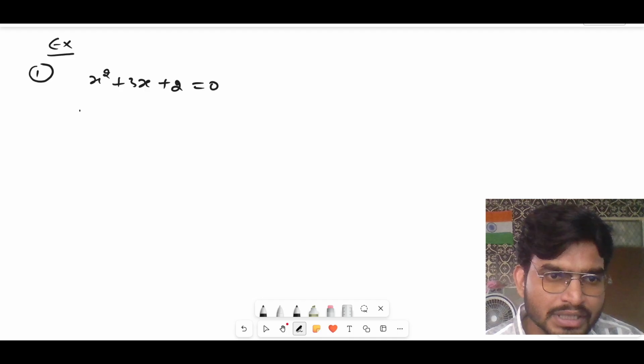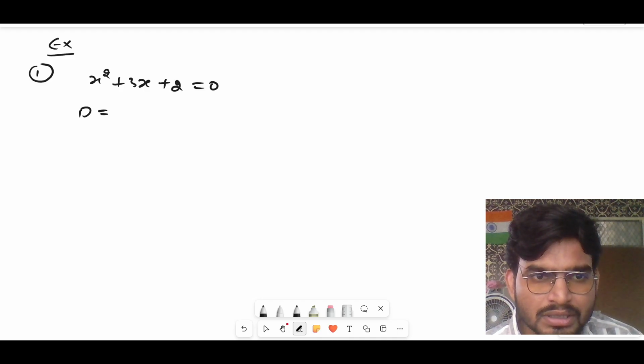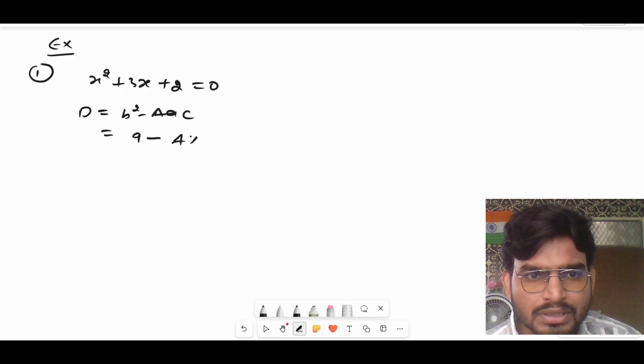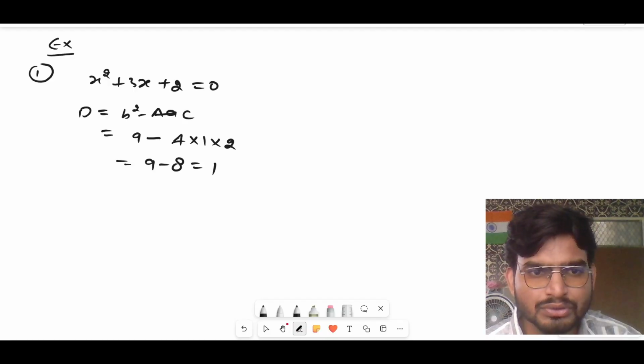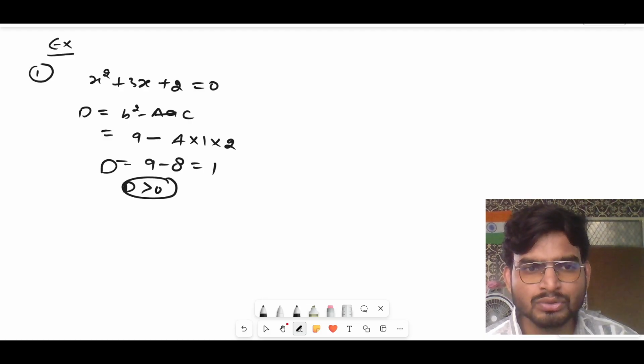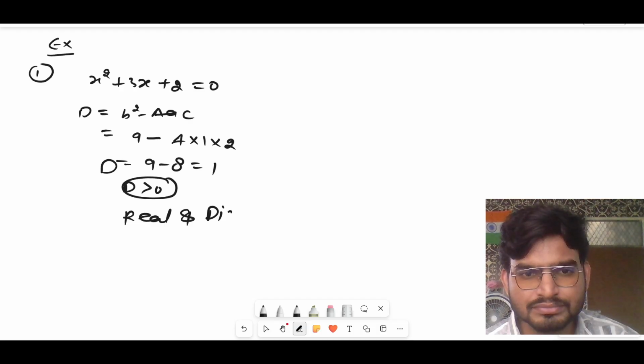Then we have to find D. D will be b square minus 4ac, that is 3 square, so 9 minus 4 into 1 into 2, so 9 minus 8 equals 1. So here we can clearly see D is greater than 0, so